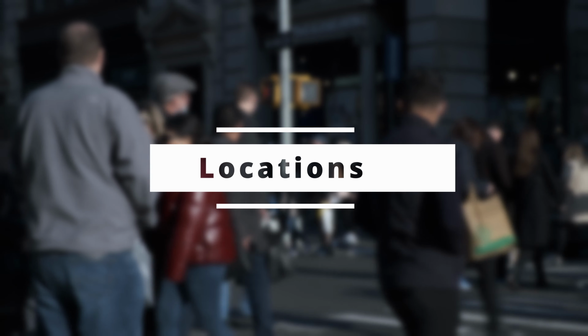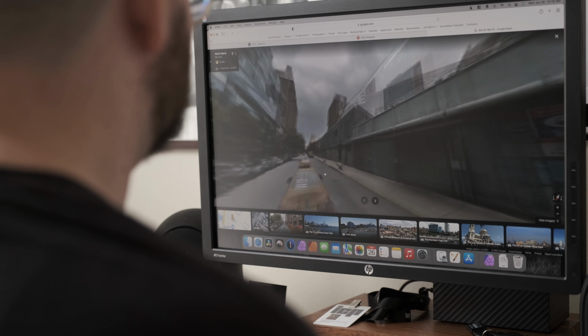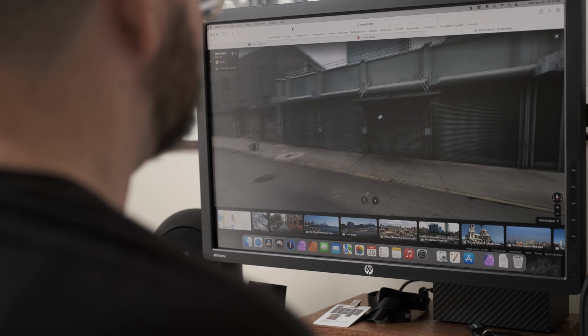I know early on I was super stressed about locations, particularly because I wanted to shoot everything in a studio and it just didn't seem possible. It is possible to shoot a lot of photos on location outside and get great results. I often just look for solid walls that I can shoot against, and it turns out great a lot